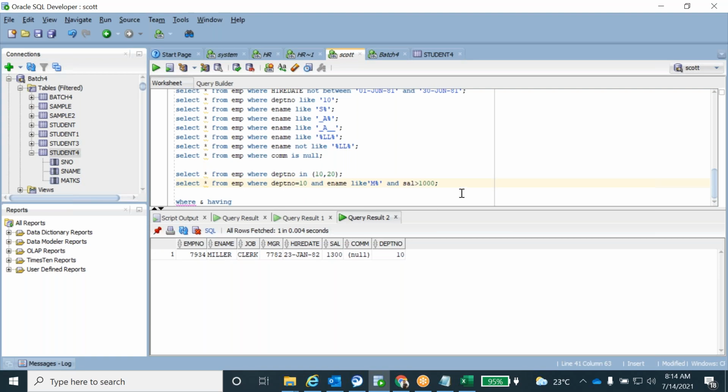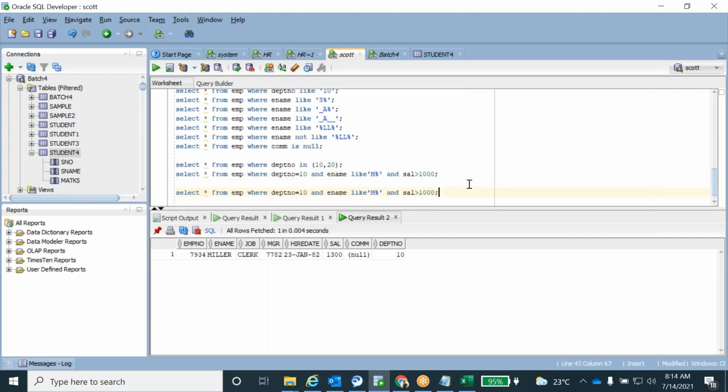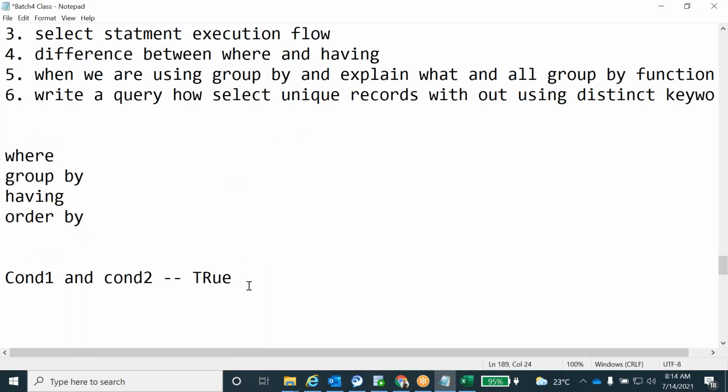Okay, so the same thing, for example, I will use the OR condition. OR condition means any one of the conditions is true. Condition 1 OR condition 2.